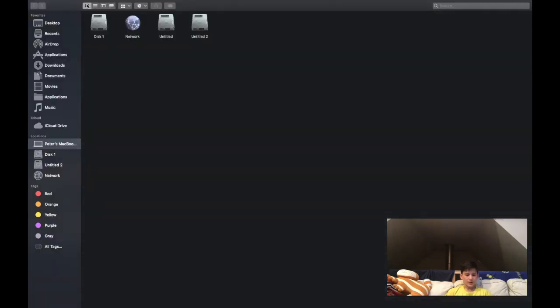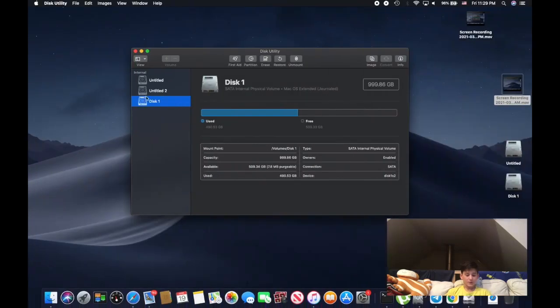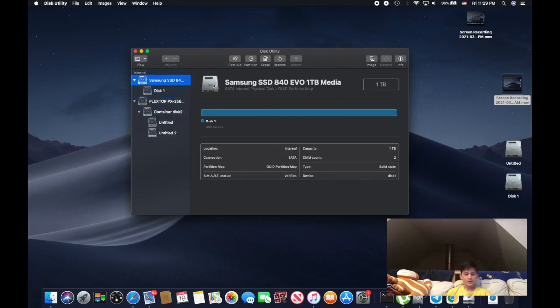So look, all these items except the network ones are shown here. But if we show all devices, it shows much more. It shows Samsung SSD 840. This is an owner, a device which owns disk one. Disk one is my terabyte external drive, but I was experiencing troubles with the memory. I just added it. And now I will try to explain to you how to understand the theme of our Disk Utility